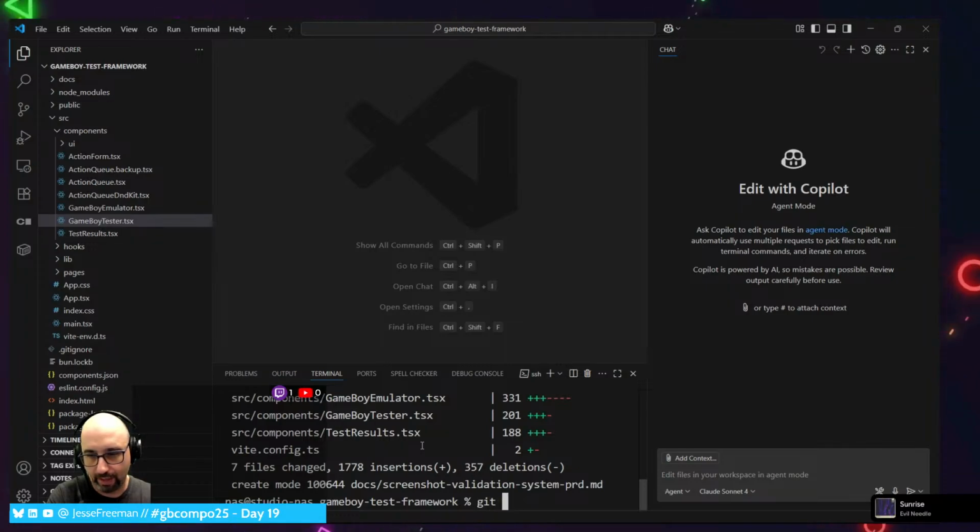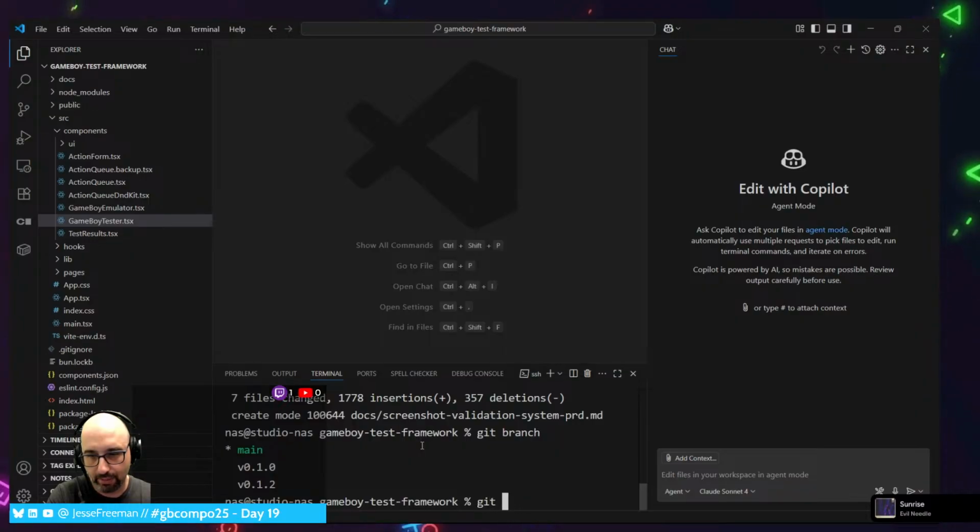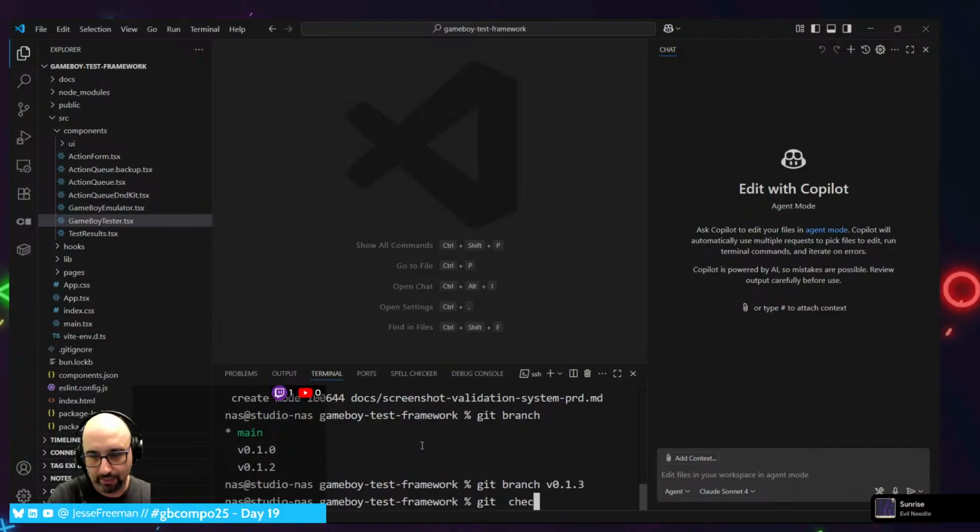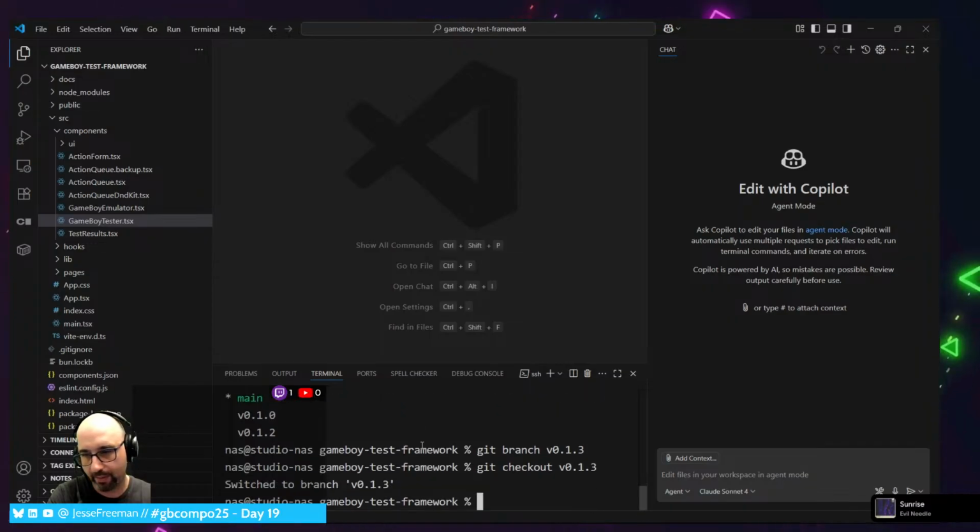Yeah, I want to now git branch v0.1.3, git checkout v0.1.3, and Bob's your uncle. All right, so now that I have all of this stuff saved,